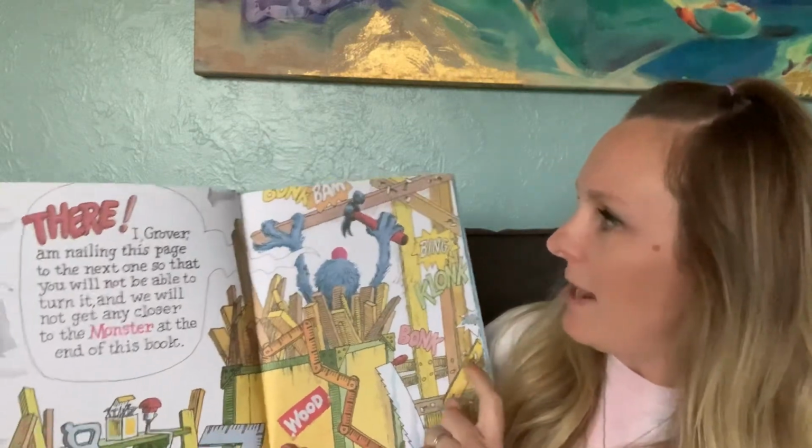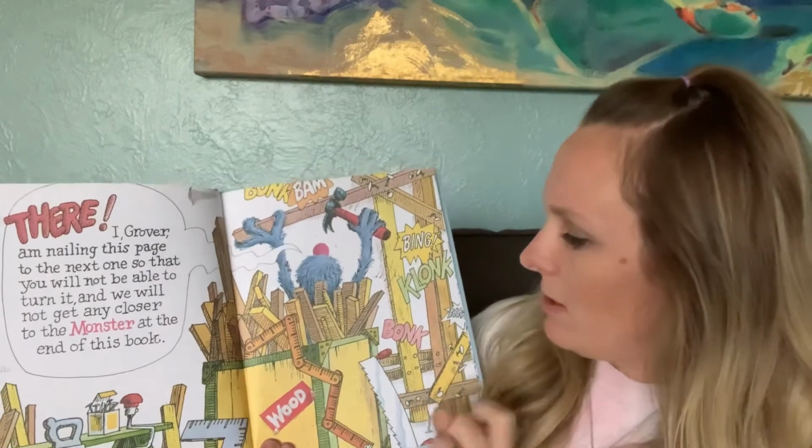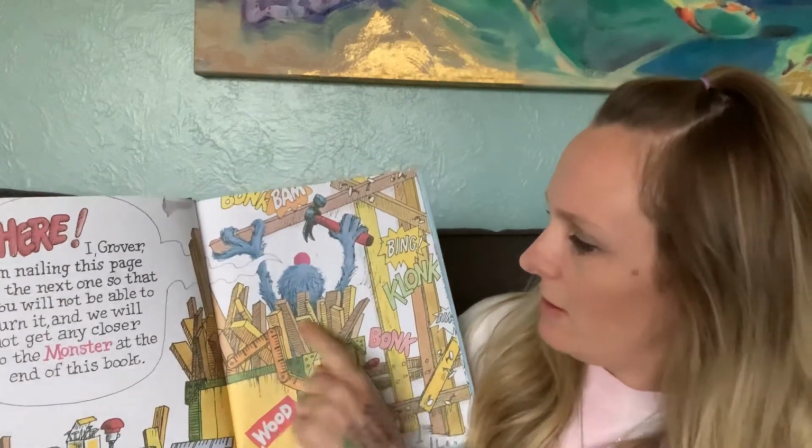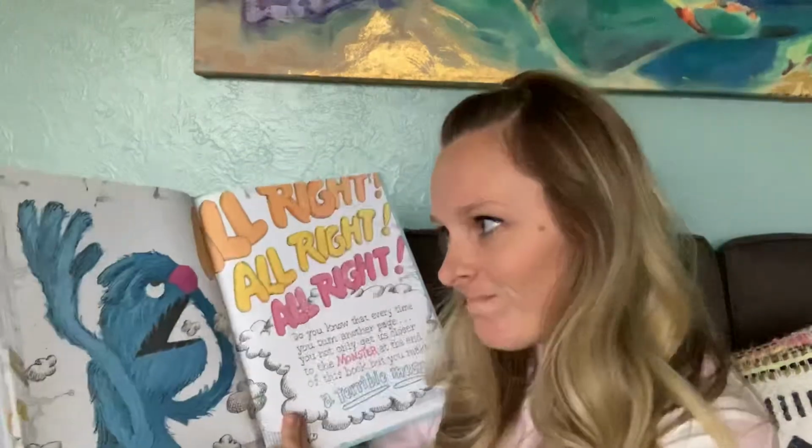And then you see all these action words. I love action words. Bonk, bam, bing, clunk, bonk. And he has some wood right there. See, he's trying to nail this shut. He's gonna nail it shut, and we're gonna...